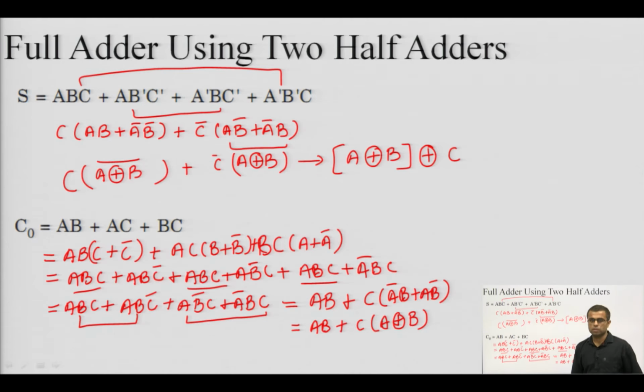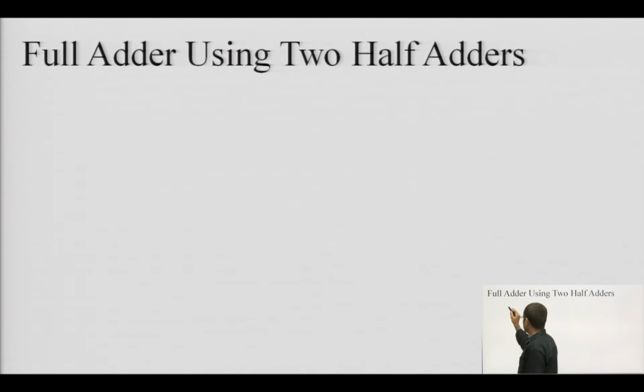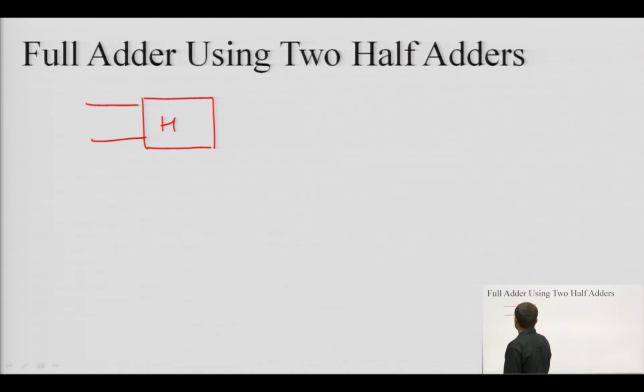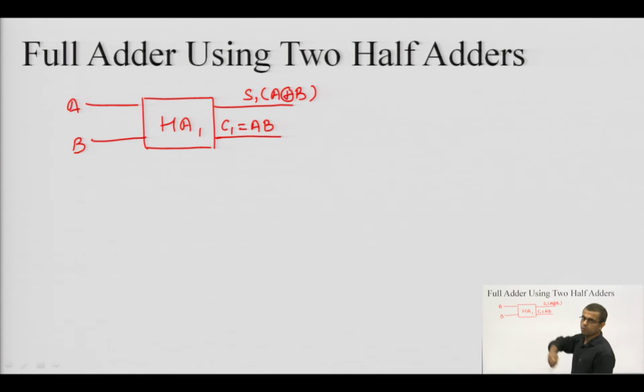Now, again XOR is there. So, these expressions will now be used to deduce my full adder using half adders. So, let us continue with that. There is a half adder which has two inputs A and B. This produces the sum which is equivalent to A XOR B, and this is your C1, which is equivalent to A B. We can mention it as S1. So, this is half adder 1 which produces sum 1 and carry 1.